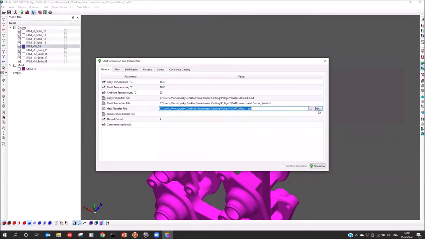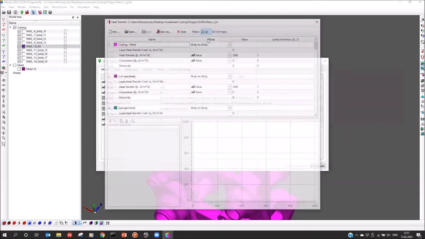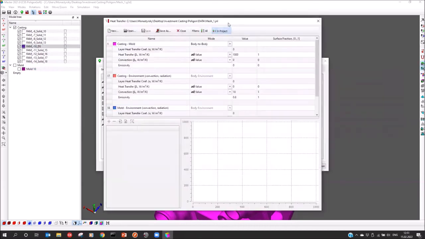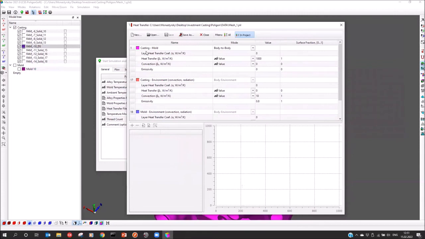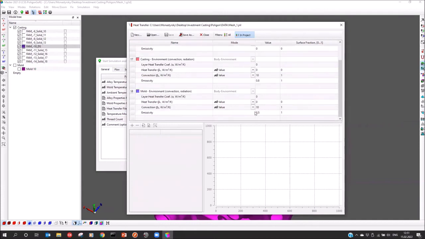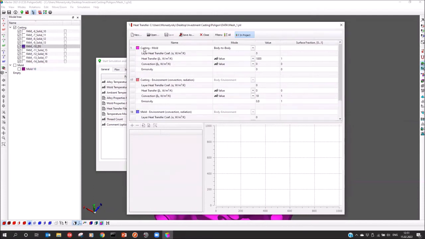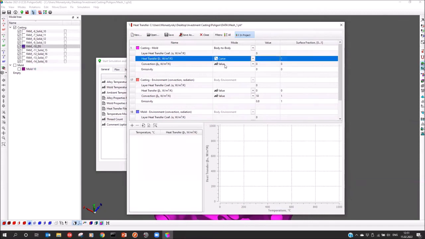And finally, I want to look at my heat transfer data, so press edit. In my project, I have only 3 boundaries: the casting mold boundary and the casting environment boundary. Here is a convection for the mold environment boundary, and for the casting mold, I want to set up a curve. Press plus here, and for example, temperature